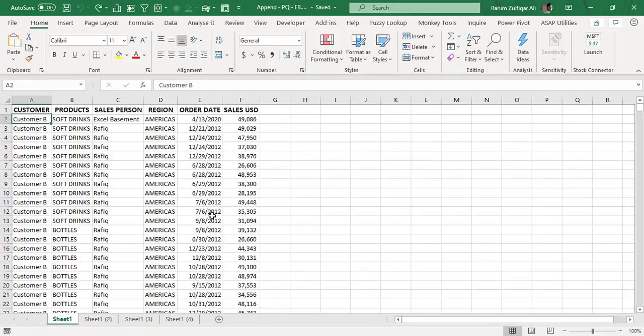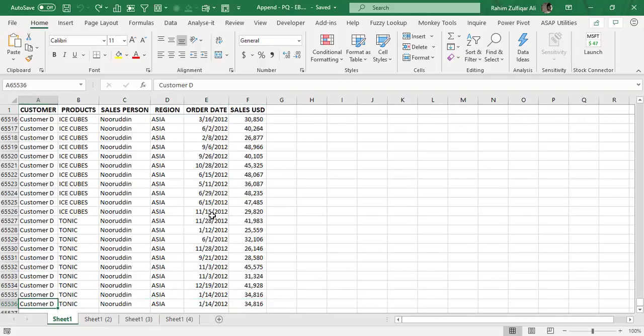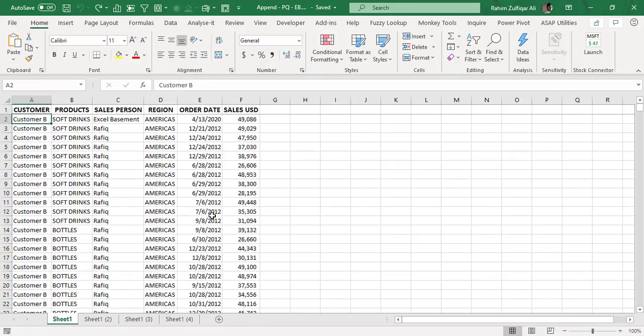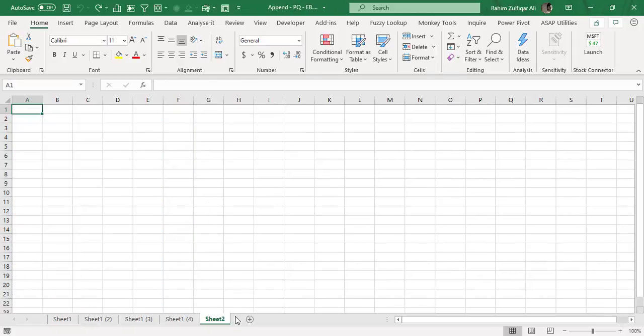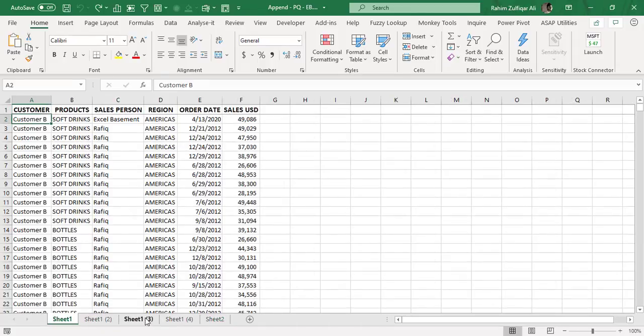Now, what happens is when a software extracts data containing more than 1 lakh or 2 lakh rows, the problem is that when it extracts the data in an older version of Excel format, which has a capacity of only 65,000 rows in one spreadsheet, that file generates other separate sheets in order to continue that data. So we are discussing that scenario where every sheet here contains data up to 65,536 rows. And the actual requirement is that we need one extra sheet that appends all the data from the four different spreadsheets into one.